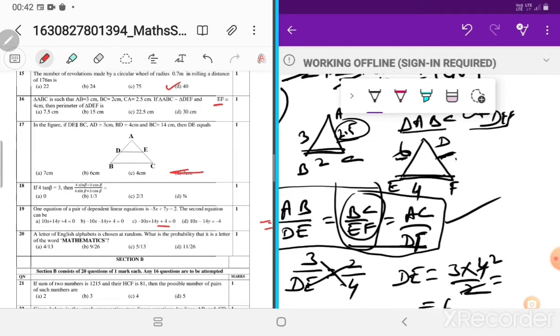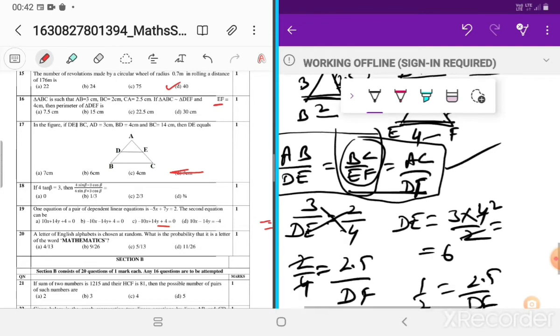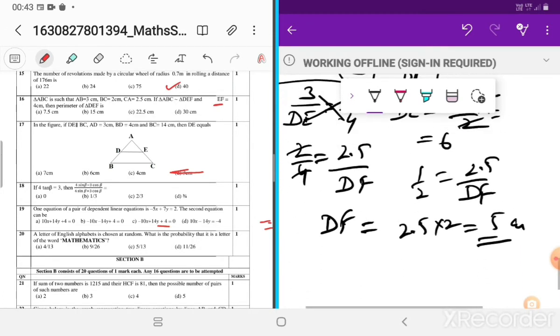Okay, what should be here? I know AB upon DE, so I know this ratio already, I got one side. 3 upon 6, see, that is 1 by 2. Then again this ratio, that is again 1 by 2. The third should also be 1 by 2. So how will 1 by 2 come? If mine is 5, 2.5 upon 5, then it will be 1 by 2, right? So I have solved it, but you can give the answer without solving to save your time. I have solved it and also explained how to solve. You can save your time also.